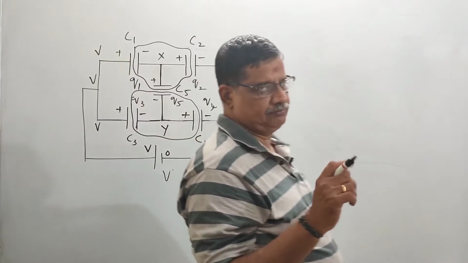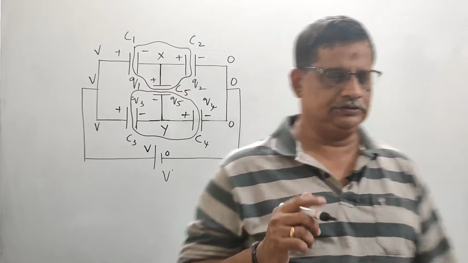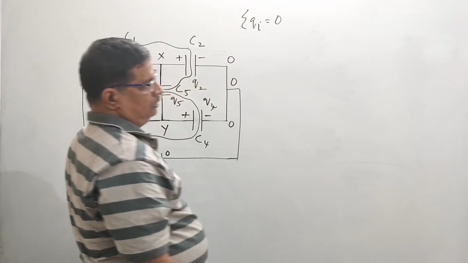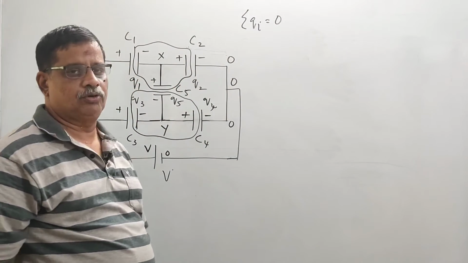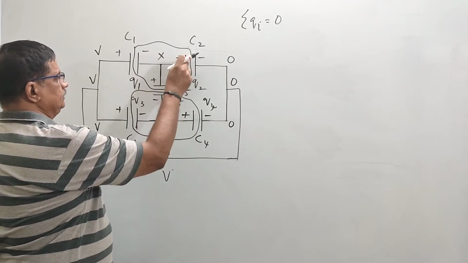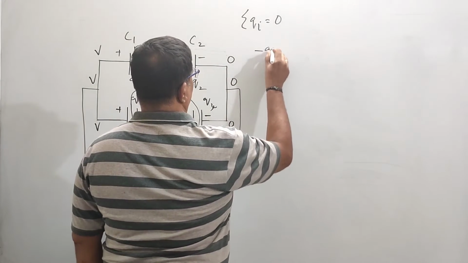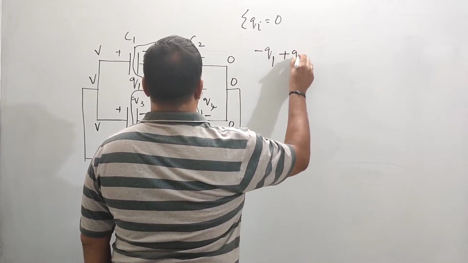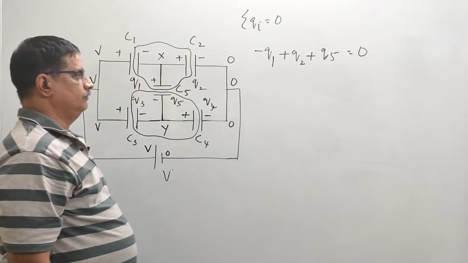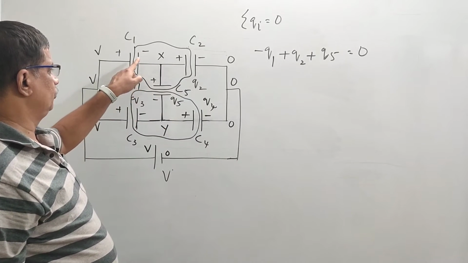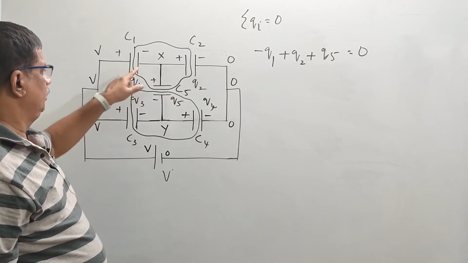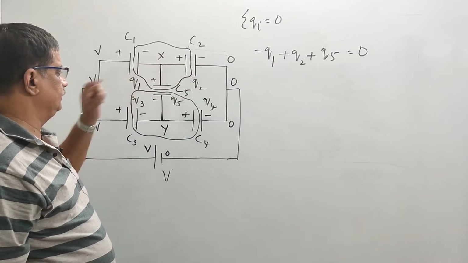For this isolated system, we will apply Kirchhoff's first rule, which is nothing but sigma Qi equal to 0. The algebraic sum of the charges should be equal to 0. So we will use this method and we will first apply it to these 3 plates, which gives minus Q1 plus Q2 plus Q5 equal to 0. That is our first equation. We apply Kirchhoff's first rule to these 3 plates, or this isolated system which consists of the plates of the capacitors C1, C2 and C5.